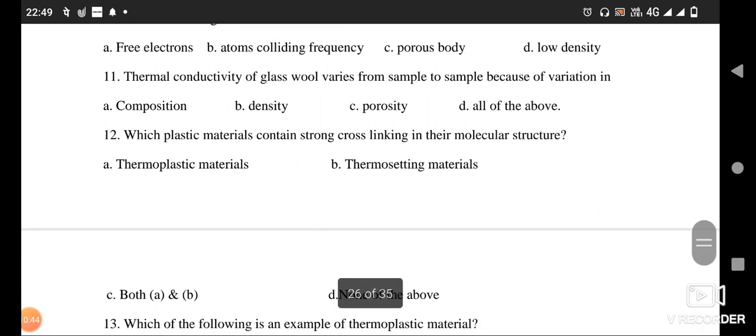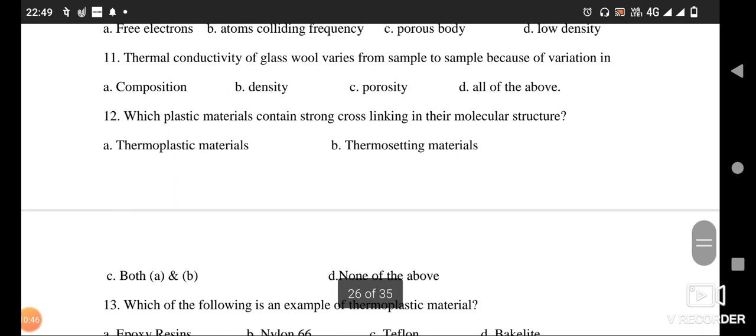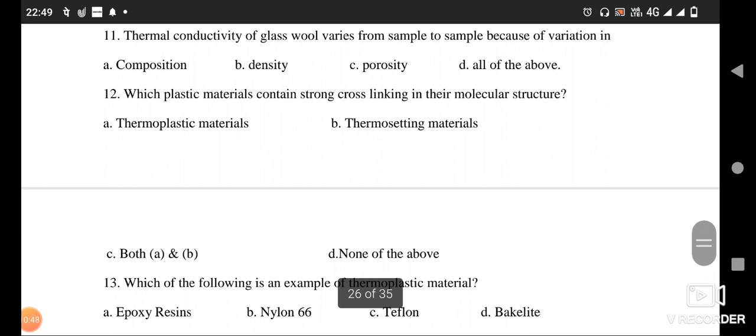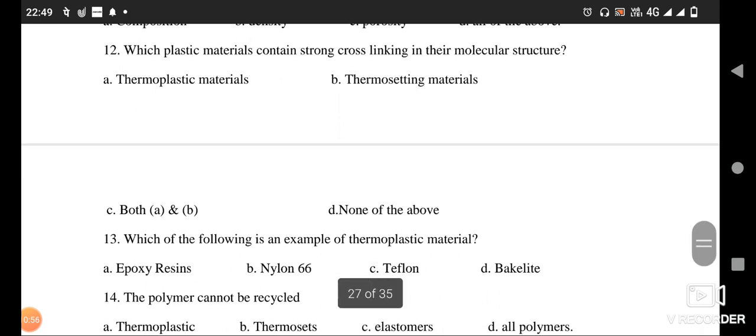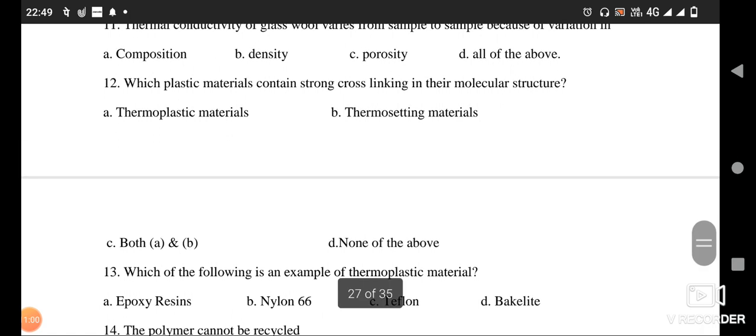Okay, then after that MCQ number 12: which plastic material contains strong cross linking in their molecular structure? Number A, thermoplastic materials, B, thermosetting materials, number C, both A and B, and D, none of the above. तो हमें पता है कि जो थर्मोसेटिंग मटेरियल होता है उसके अंदर बहुत ज़्यादा क्रॉस लिंकिंग होती है, और डेफिनेटली यहाँ पर आंसर ऑप्शन नंबर बी है,